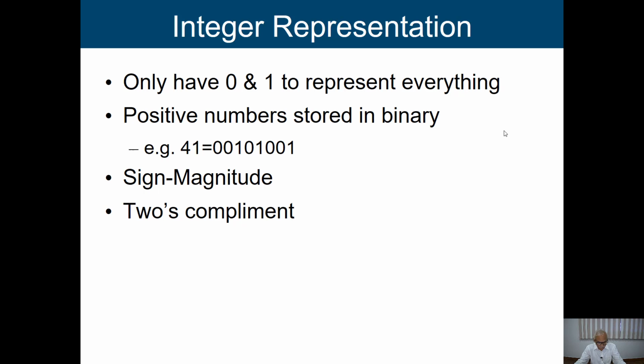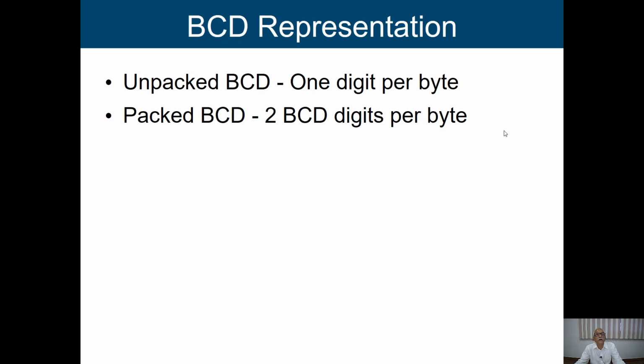Basically, whatever decimal value we have, there are corresponding binary numbers, and integers will be represented with the help of those binary numbers. To indicate sign, we can use sign magnitude or 2's complement form. Similarly, BCD representation, binary coded decimal, means every decimal digit will be represented. In case of unpacked, we generally talk about the byte. A byte is nothing but 8 bits together. So if I have 8 bits, then what will happen?